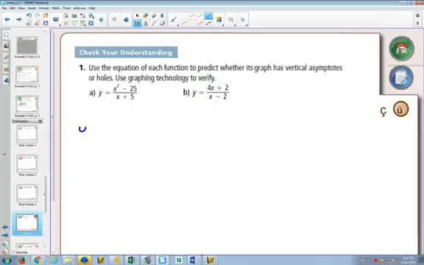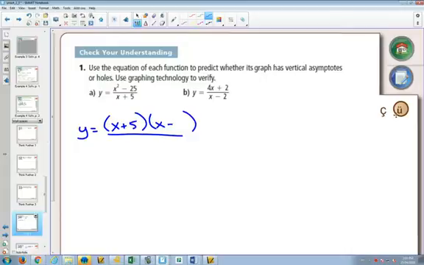So our first graph, we notice that it's x squared over x. So there could either be asymptotes or there could be holes. So for this first one, when we factor it,